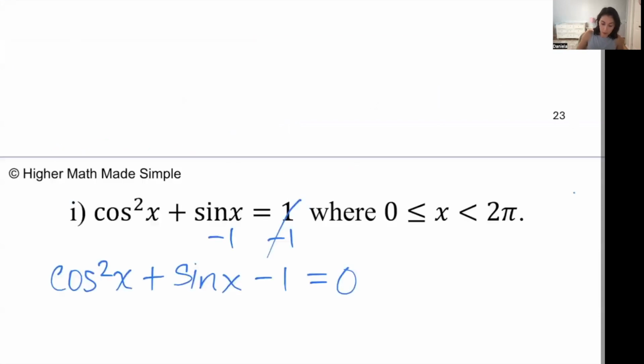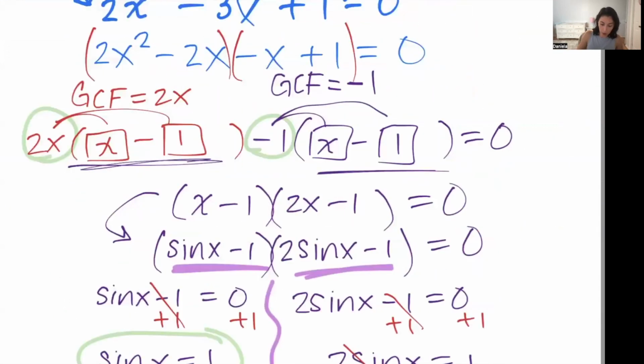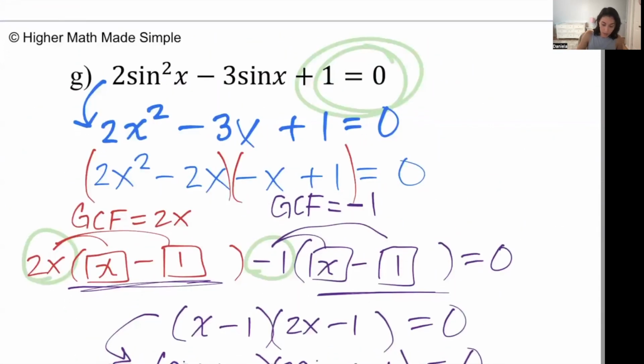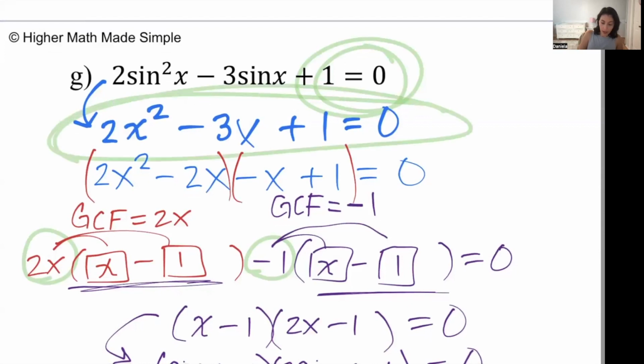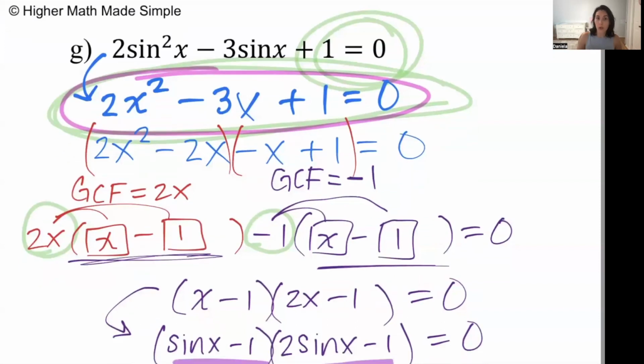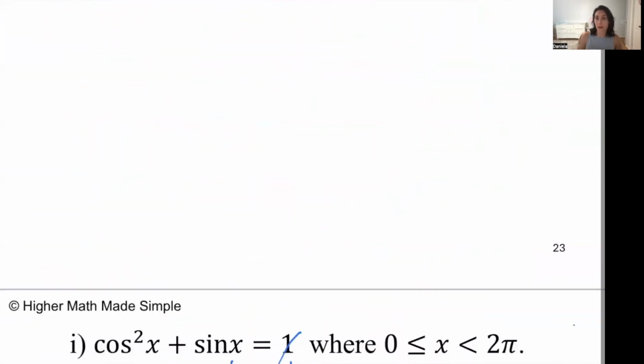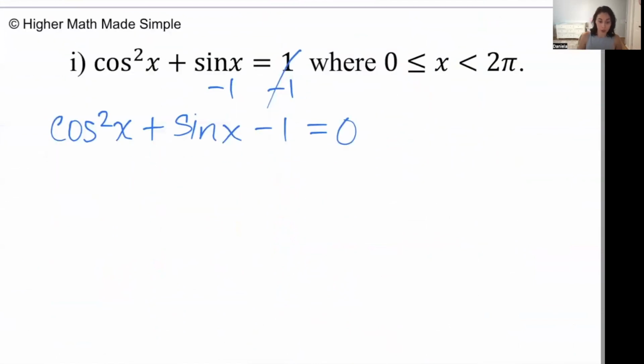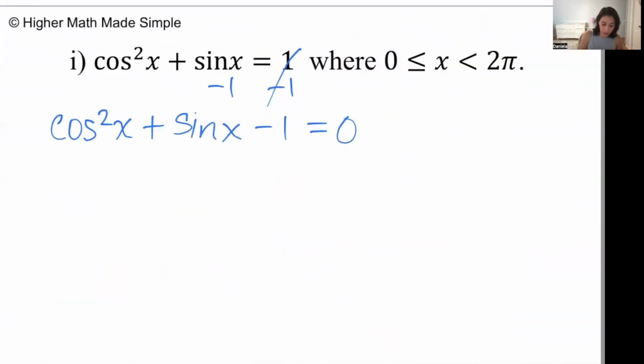Now, remember two problems ago, we converted from a trig function to a polynomial function. The reason you can just take the sine away, so that instead of 2 sine squared x we did 2x squared, and instead of 3 sine x we just did 3x, is that it only worked because you had one function. So in other words, if you were to try to convert this,